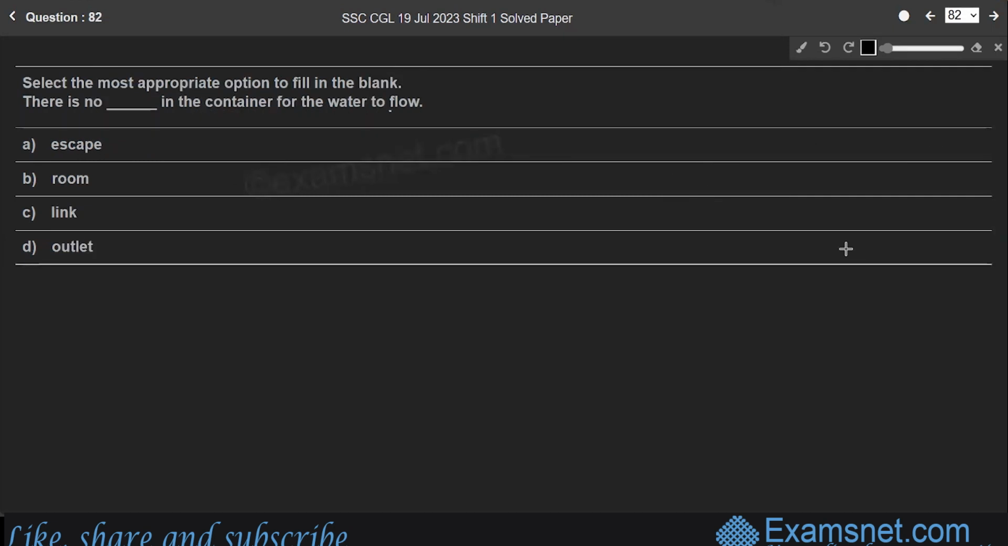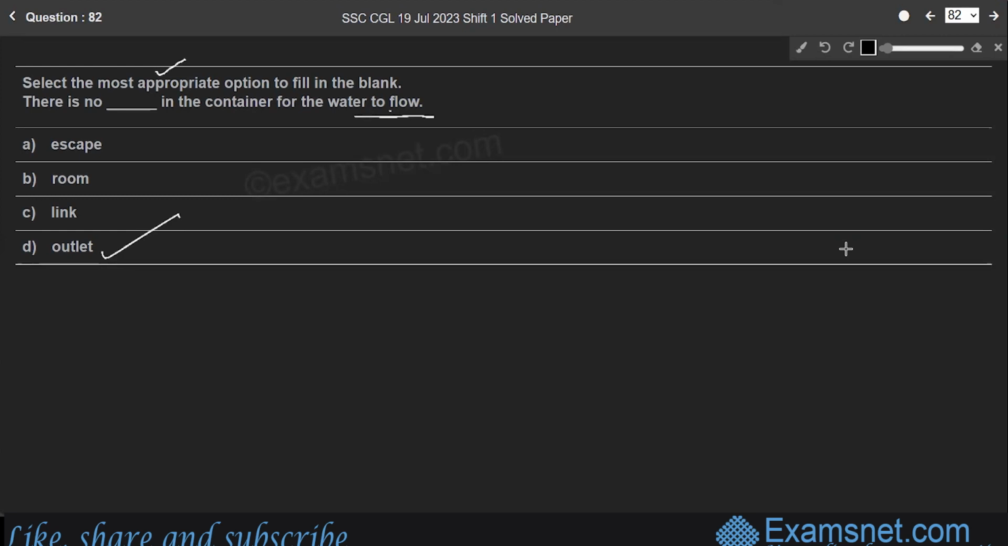Question 82. Select the most appropriate option to fill in the blank. There is no dash in the container for the water to flow, right? So here the given sentence is about water flowing or liquid flowing. Therefore, the proper word to be used here is: there is no outlet in the container for the water to flow, right? Outlet. So outlet means a pipe or a hole, right, through which water or any liquid or gas